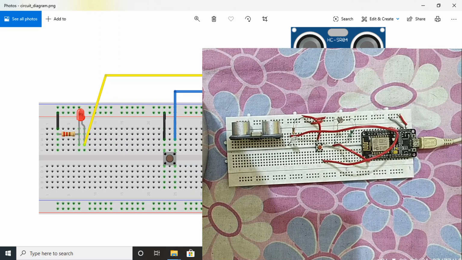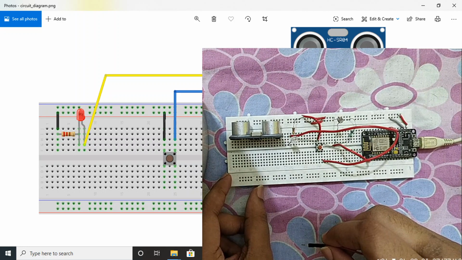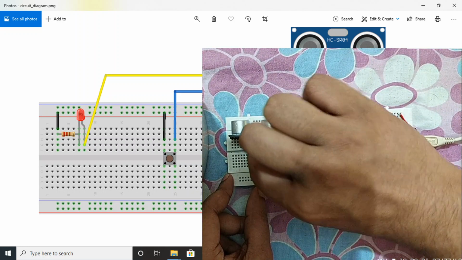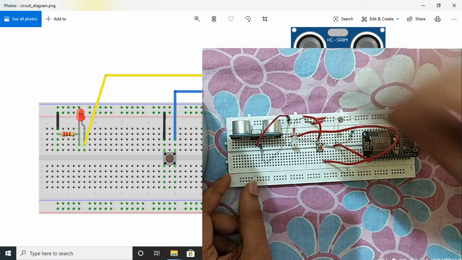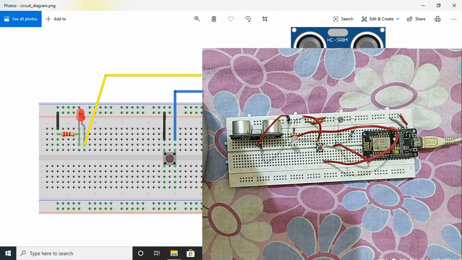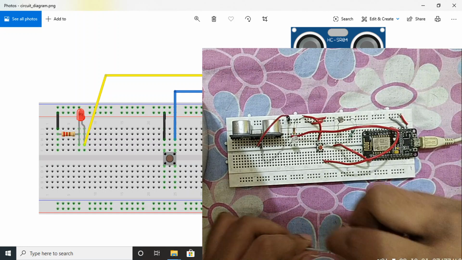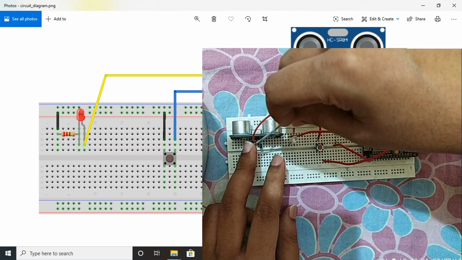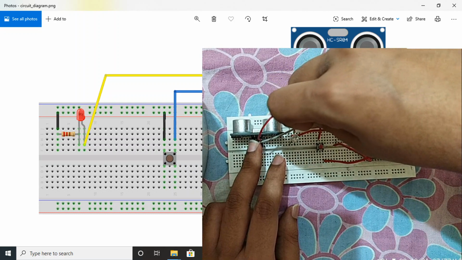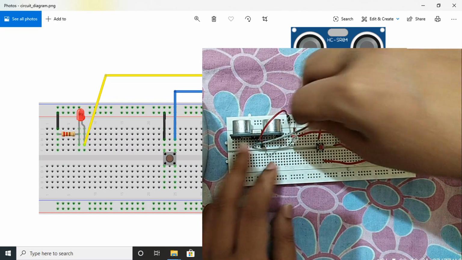It's very simple. This is the VCC and let me connect it to the VCC, and this is the ground, connected to the second, this one, fine.